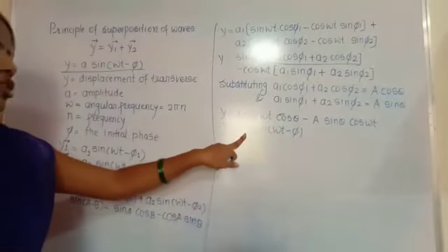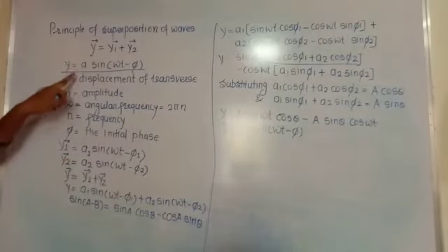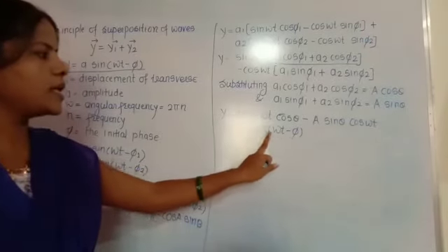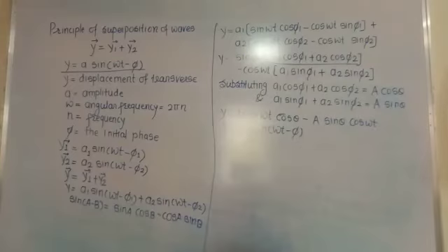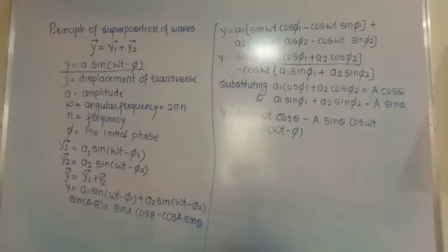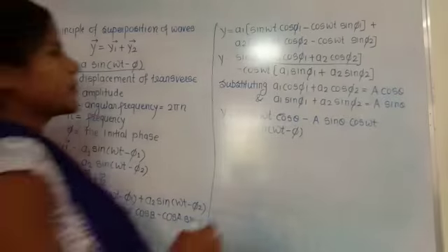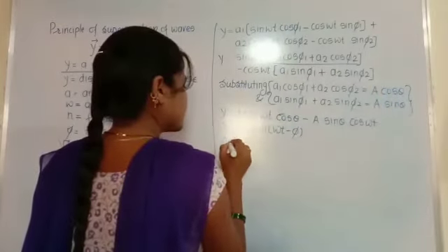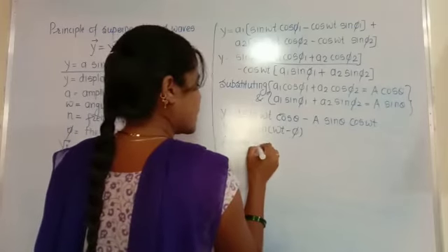Okay, so this equation is the same as the first equation, that is y equals a sin omega t minus phi. Here phi is the phase, omega t, sin, and a is the amplitude. So the resultant wave has the same value of omega, amplitude a, and the initial phase phi is given by this equation. So here adding and subtracting equation first and second, which we substitute here. So these two equations, adding and subtracting.